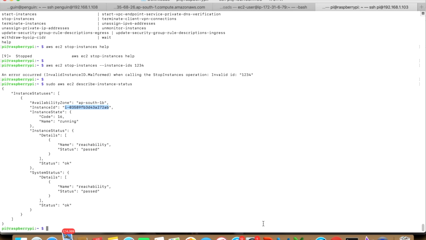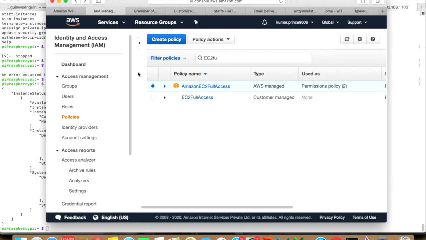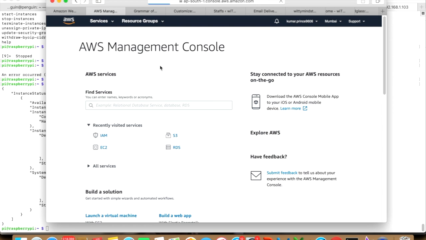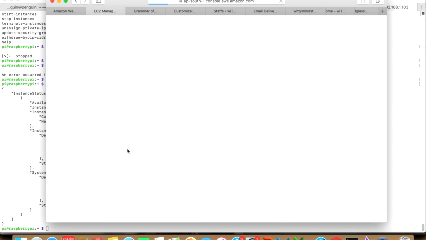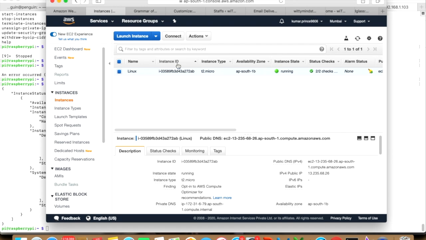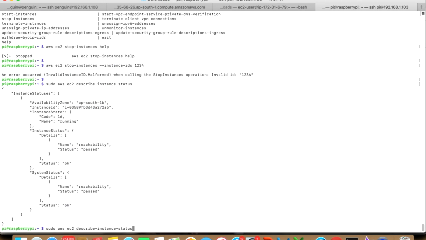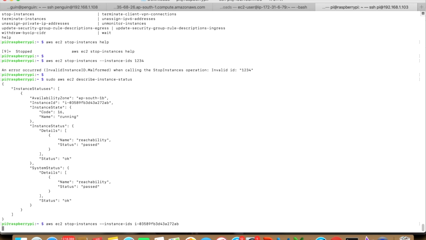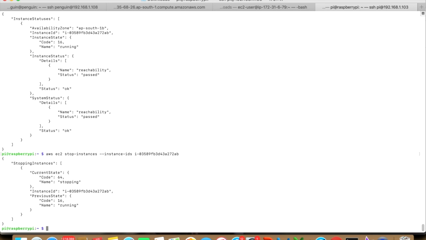Or you can also go to EC2 running instance 1, and here is your instance ID. Stop instance, see the same instance ID. Stopping. See,